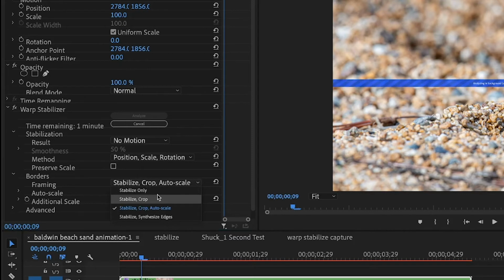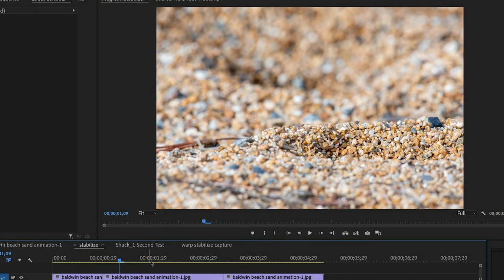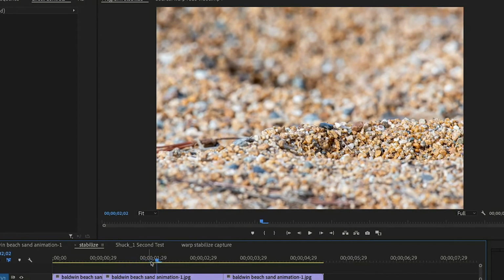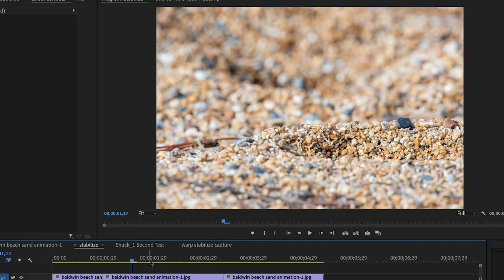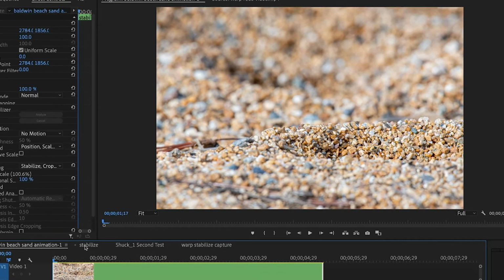If you really knocked the camera out of position, then it's going to crop it way in because it's trying to fill the frame with things that line up in every single frame. If you just have a little subtle shake, like the example here, these tiny little up and down movements as we are going along, that's not going to cause a whole lot of cropping. And so if you look back here, if I switch to this composition, you can see it's just a tiny bit